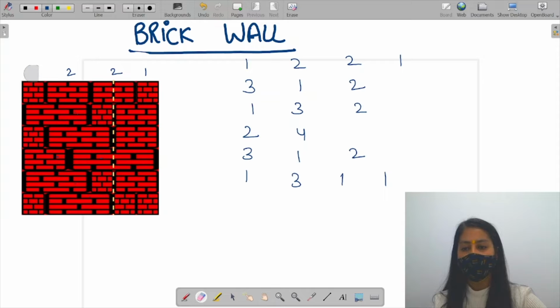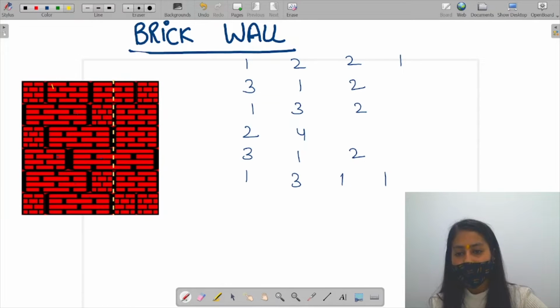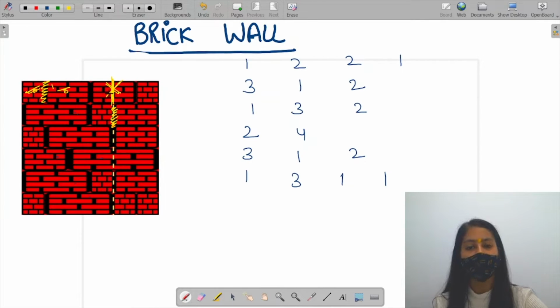Now our task is what? In this rectangular wall, we have to draw a vertical line in such a way that we will have the minimum brick rows. Now what do you mean by brick rows, right? Now if a line is passing through the brick, now in between you can see that in between the two bricks there is some split, right? If the line is not passing through the split, it means that the line is passing through the brick, then this will be a brick row, right? So if we have to draw a vertical line, and if the line is passing through the brick, not through the split, then that will be the brick row.